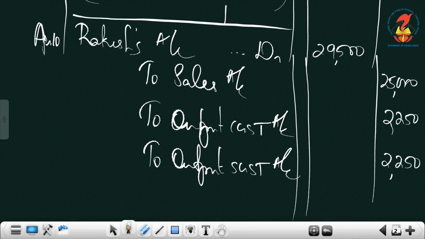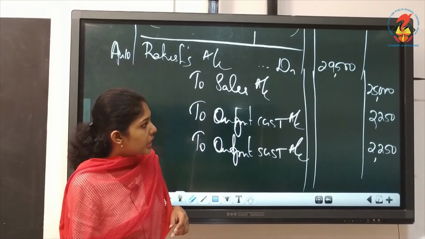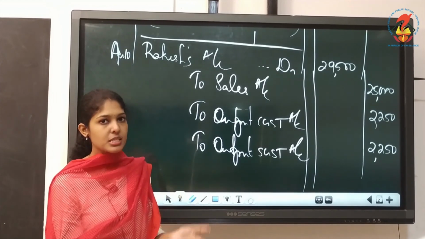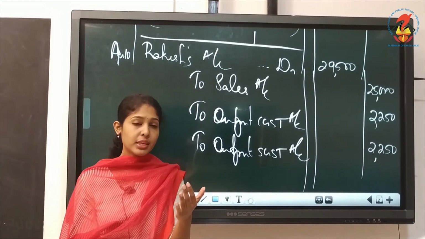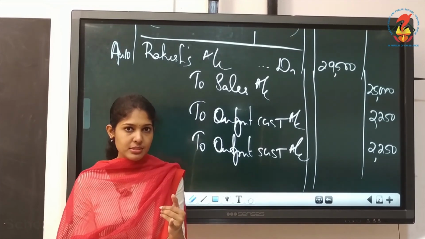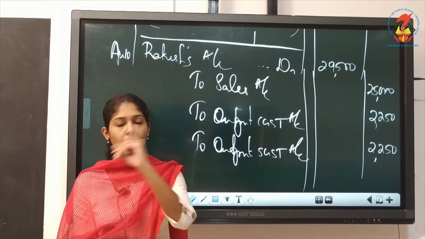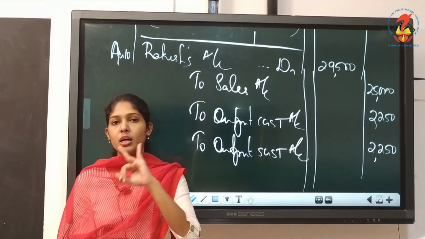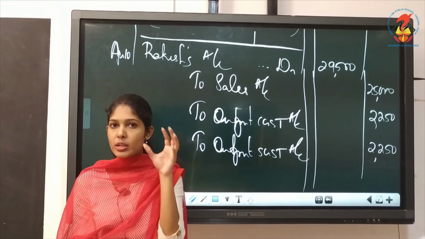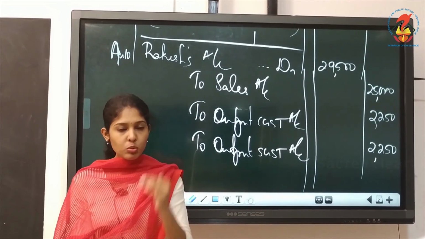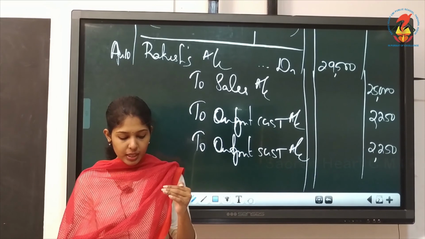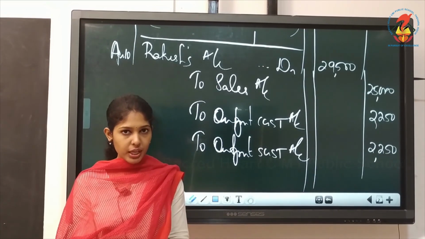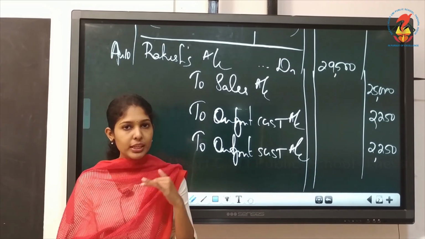Yes. So this is how you have to write the compound entries with GST. You have to see whether it is CGST, SGST or IGST, or whether you have to charge input GST or output GST. So all these you have to check first, then you write the compound entry. We have to continue this question. Some more transactions are there. Then ledger accounts also we have to do, that we will do in the next video.